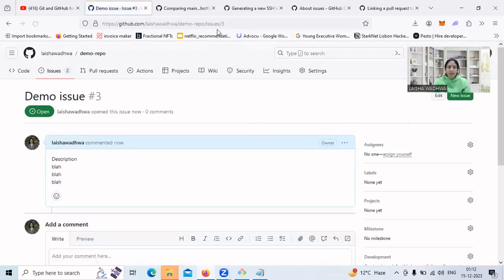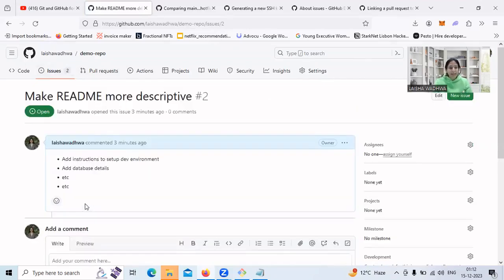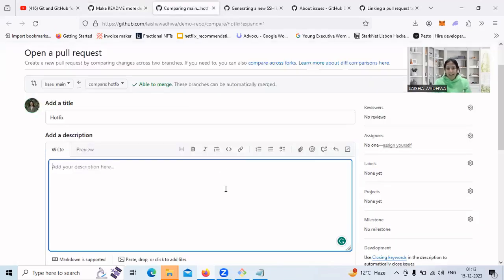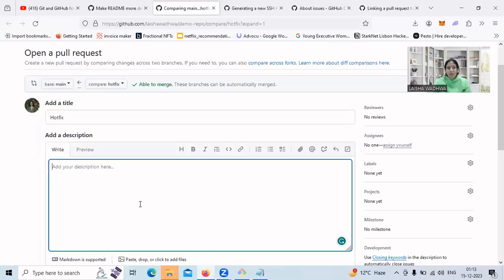Now let's say that I am the developer of this repository and I have picked up a particular issue that was open. Let's say I wanted to make the README more descriptive, and I want the issue to be closed. So what I'm going to do is create a pull request. In that pull request, I'm going to mention this issue and let people know that once this pull request is merged, this issue can actually be closed. So let me go back to my Git Bash. I actually committed and pushed the changes of my hotfix branch. Now that those changes are available,